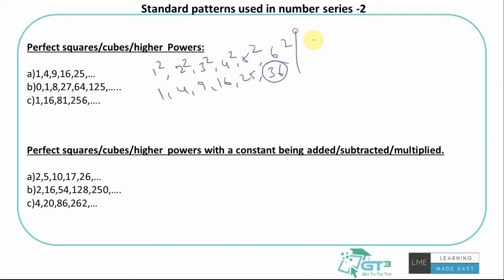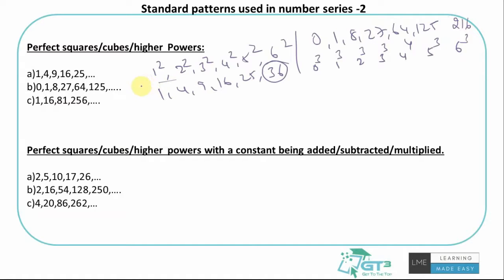Now another example is 0, 1, 8, 27, 64, 125. This is 0 cube, this is 1 cube, 2 cube is 8, 3 cube is 27, 4 cube is 64, 5 cube is 125. So the next would be 6 cube, that is 216. So we will be able to understand these